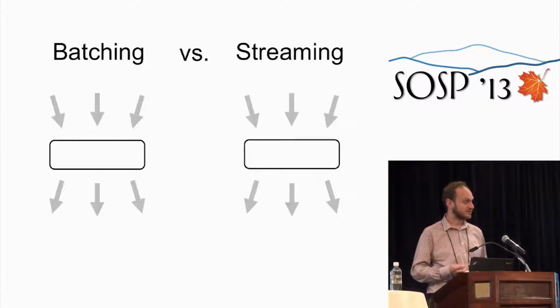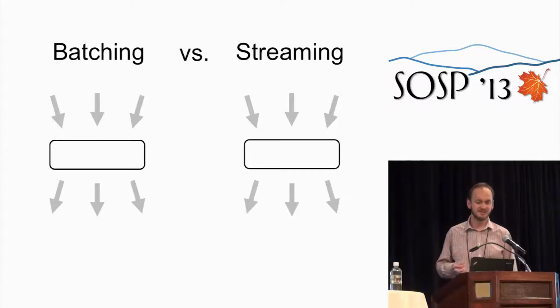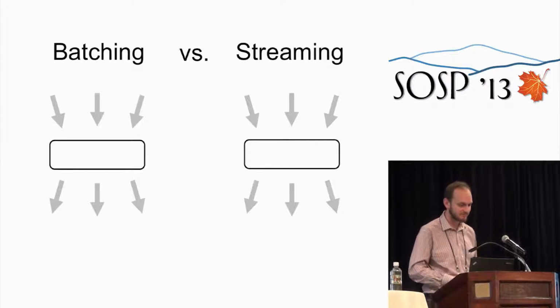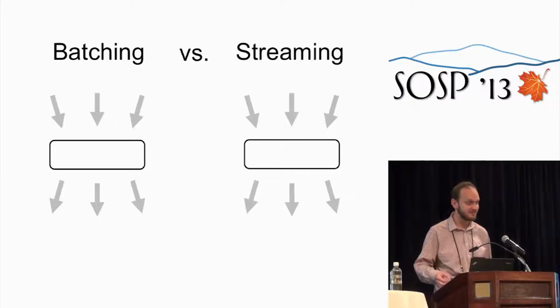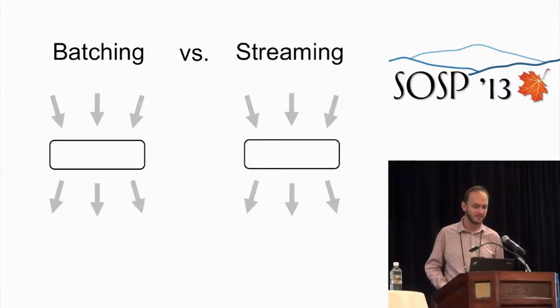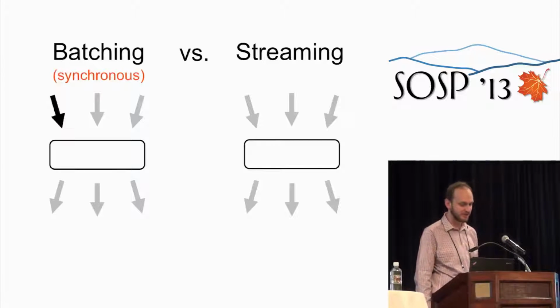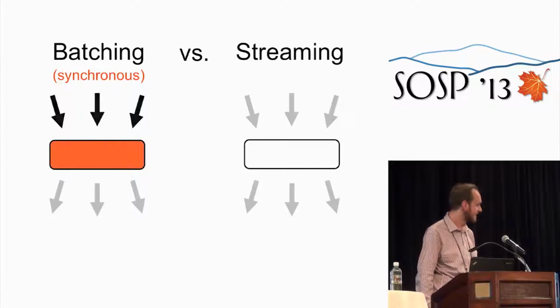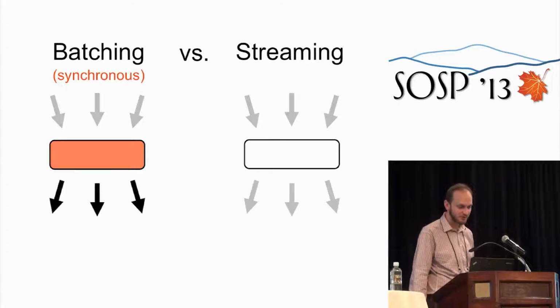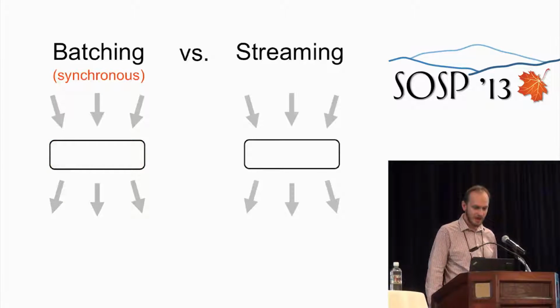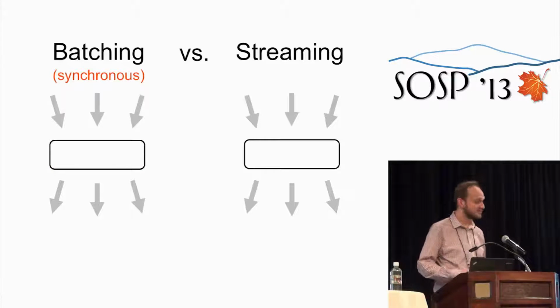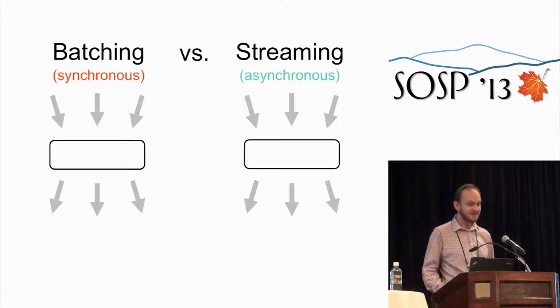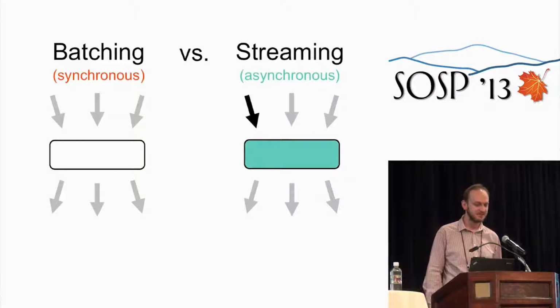So we could use a batch execution model to execute this dataflow. But to understand why it's not always sufficient, it's instructive to consider how these dataflows execute in two different models. So looking at a single vertex, a batch system like Naiad or Spark has synchronous, deterministic, and stateless execution. So all of the inputs for the vertex must be available on hand before the stage becomes active, and then it runs for a while, produces some outputs, and throws away its state. By contrast, a streaming system like Storm runs asynchronously. A vertex is always active, and when input comes in from any source, the vertex can produce output immediately.